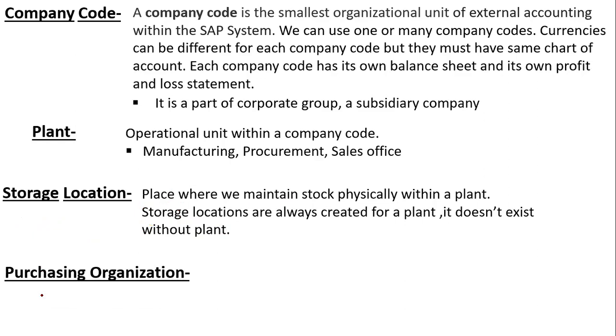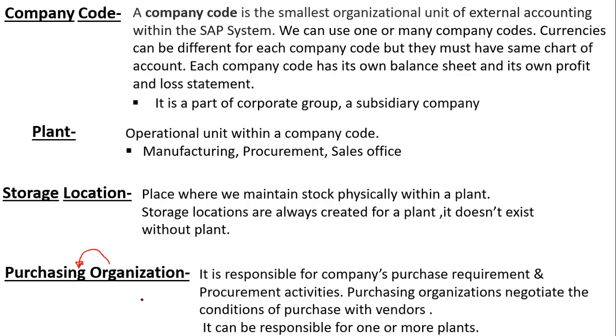Next, purchasing organization. So what is purchasing organization? The organization which is responsible for purchasing activity is the purchasing organization. Whenever we order a material or do some service, whatever the conditions with the vendor, we maintain them at the purchasing organization, and it is responsible for all external purchase transactions. So the purchasing organization is responsible for the company's purchase requirements and procurement activities.